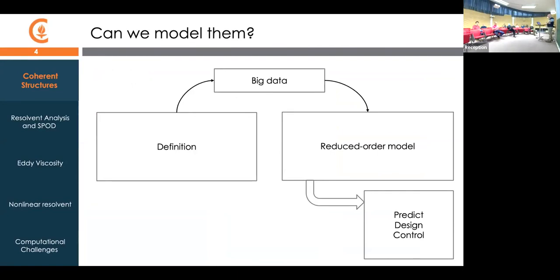So what we're aiming for here are reduced order models of coherent structures. By reduced order model, I guess we mean something that's shy of just solving the full Navier-Stokes equations. I consider that manifestly useful if we can find a way to do that. After I talked at APS, I was accosted at the reception by a person who thought it was just foolishness to seek anything beyond the Navier-Stokes equations. Why should we try to do anything else? But if we have reduced order models, we can maybe take shortcuts to understand how we get to predicting and